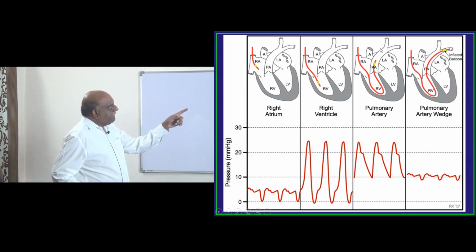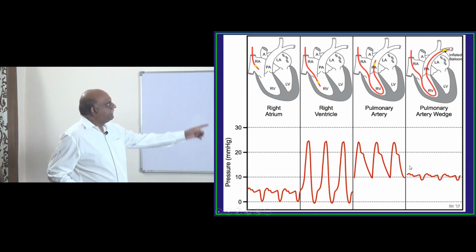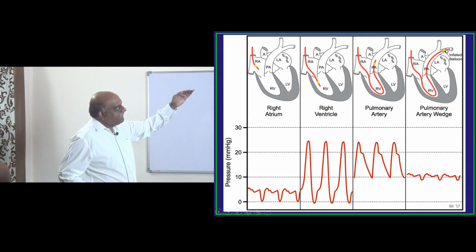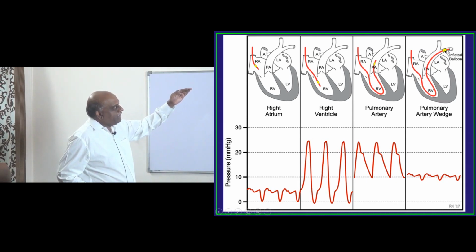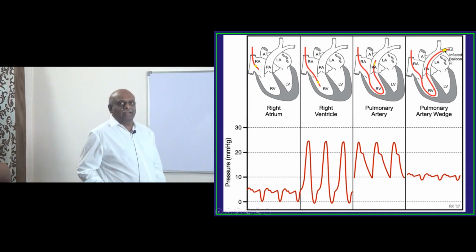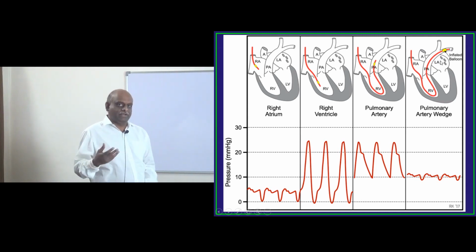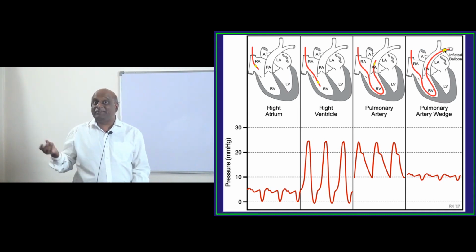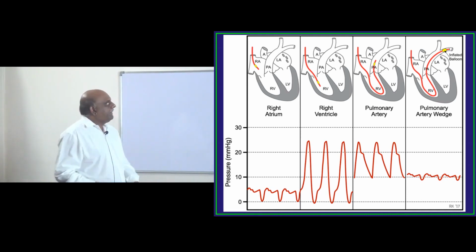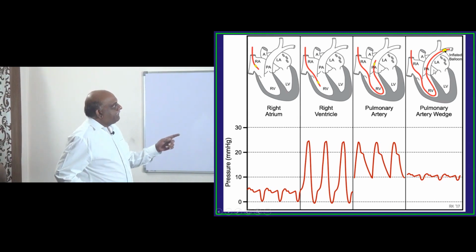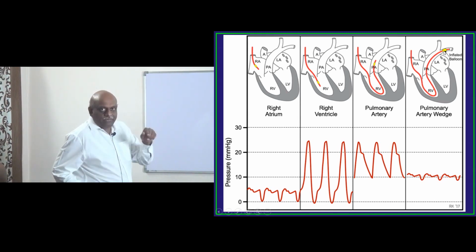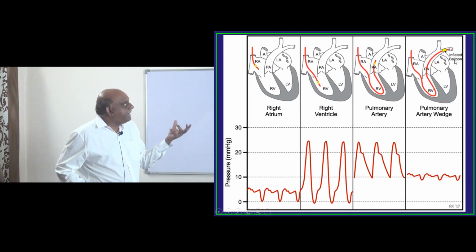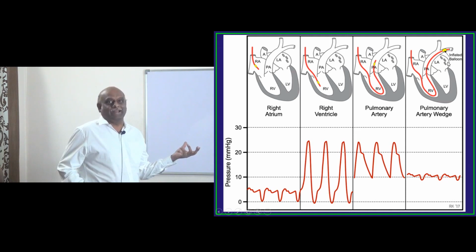Then you will be entering the pulmonary artery from the right ventricle, and ultimately you will be passing that and reaching the point where the pulmonary artery ends. It ends in pulmonary capillaries. Pulmonary capillaries ultimately become the pulmonary vein, which drains into the left atrium. So you pass the catheter through the pulmonary artery until it reaches the pulmonary capillaries and stop there. The pressure at the pulmonary capillaries is an indirect reflection of the pressure in the left atrium, is what